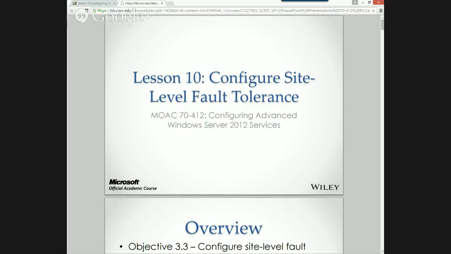All right. So, folks, realistically, I personally feel what we're going to look at next in lesson 10, configuring site-level fault tolerance. We're not necessarily beginning by talking clusters. We're talking about an alternative to a cluster. And the reason being, what we're talking about now is not a single site, but having redundancy at another site.